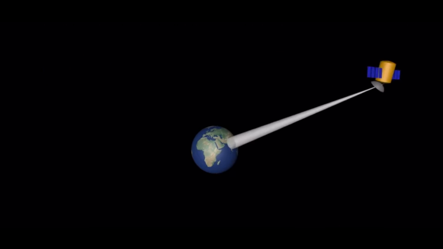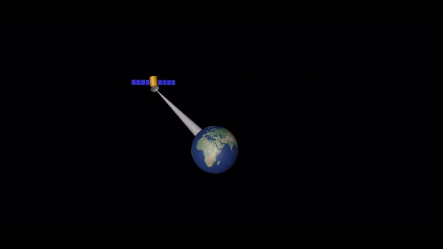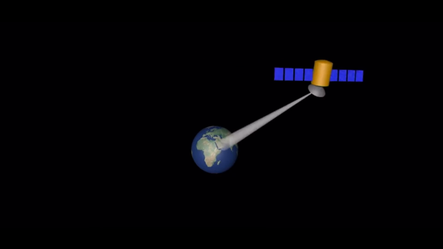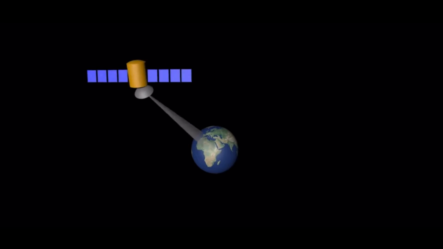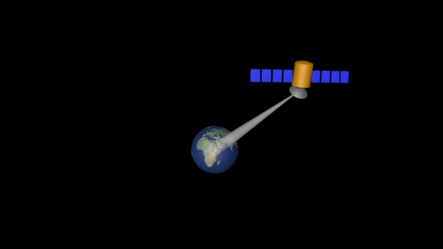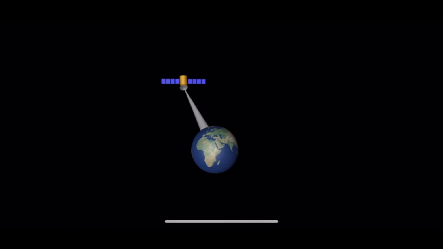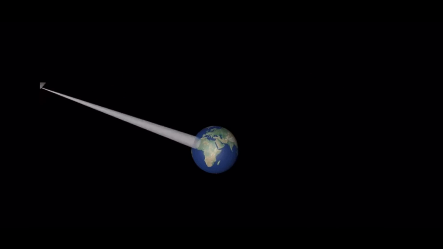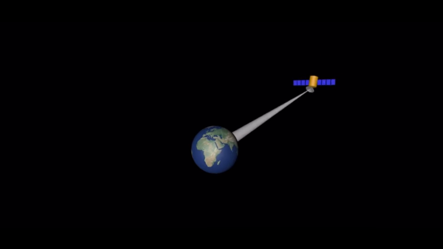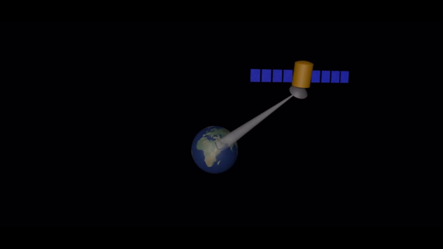Next is non-geostationary satellites. Non-geostationary satellites are satellites that are not geostationary. They almost always orbit closer to the Earth than geostationary satellites. Non-geostationary satellites orbit with varying velocities depending on the orbit's height. They are commonly used for Earth mapping.